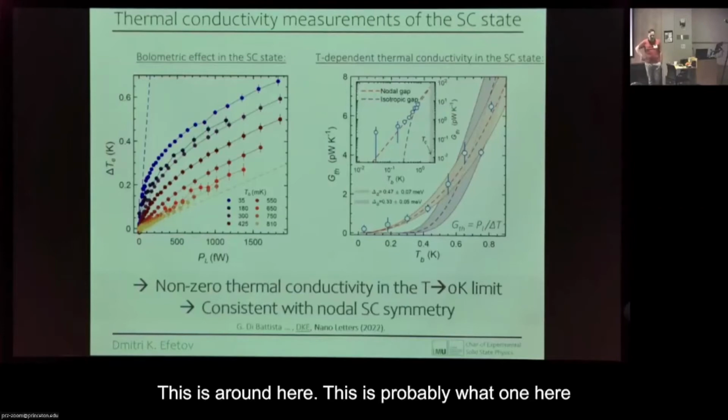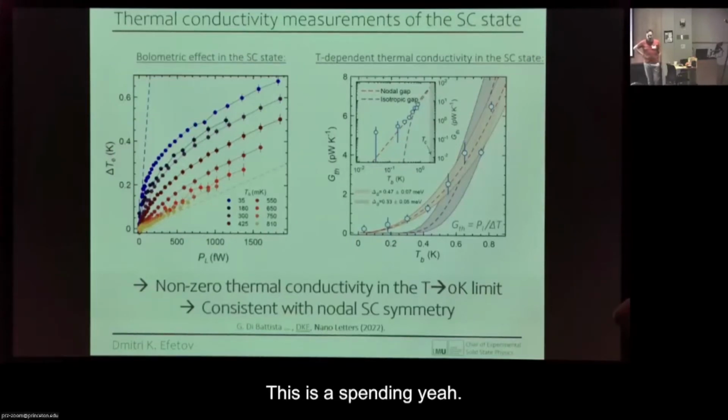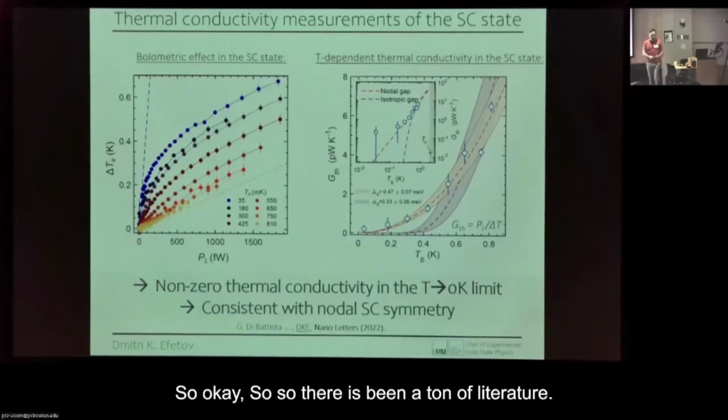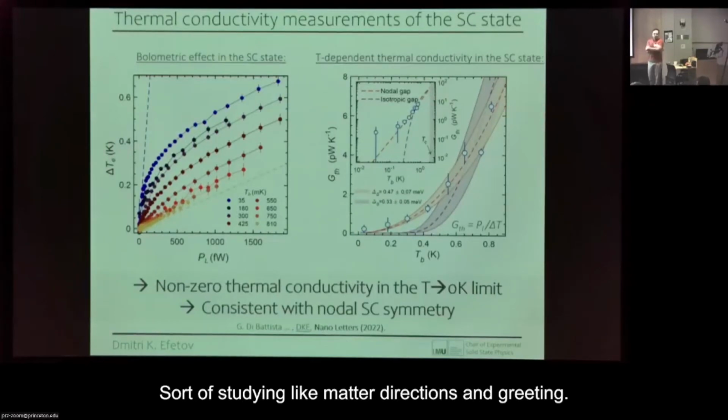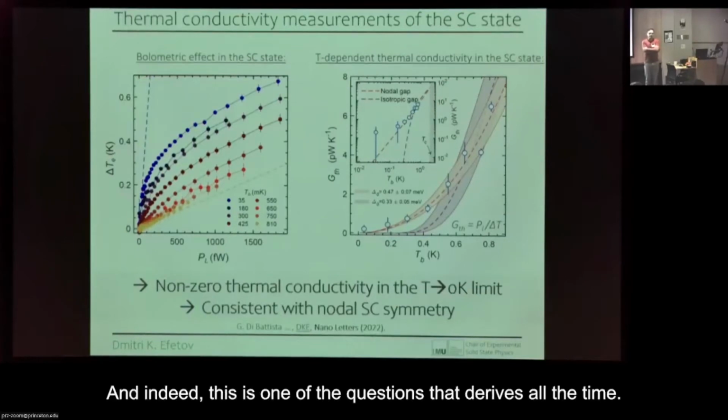I might miss someone. Is the sample broken, or is this suspended from the substrate? No, it's on the substrate. Yeah. So how can we screw the conduction between the... So okay, there's been a ton of literature studying light-matter interactions in graphene,